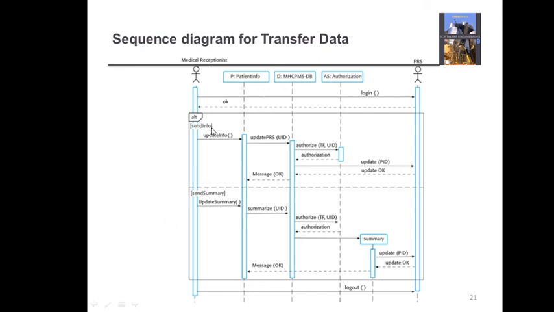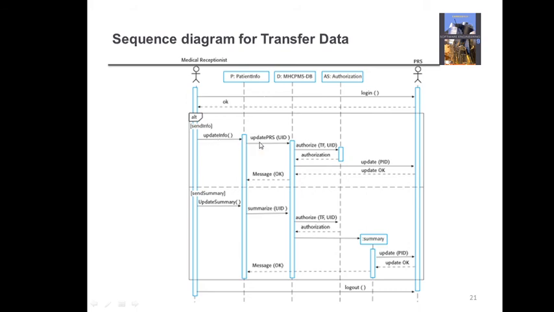ALT condition represented. Since we have two alternative solutions, this entire rectangular block is divided into two subsections. This one is for sending the info and this is for sending the summary. When we are supposed to send the complete information, the request of update info is sent to the patient info class, right?